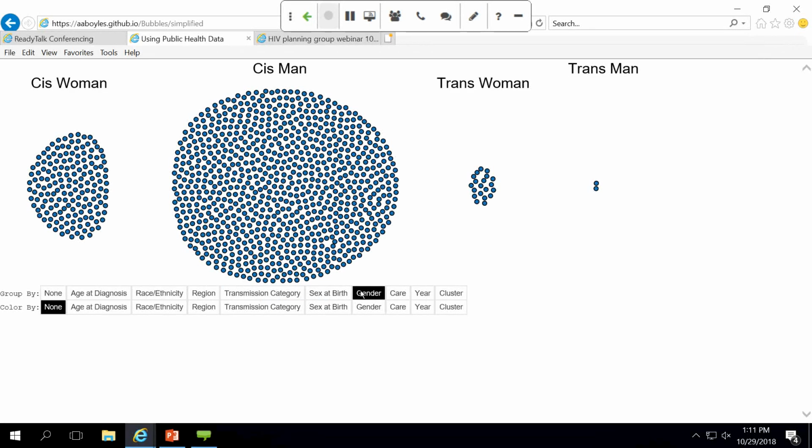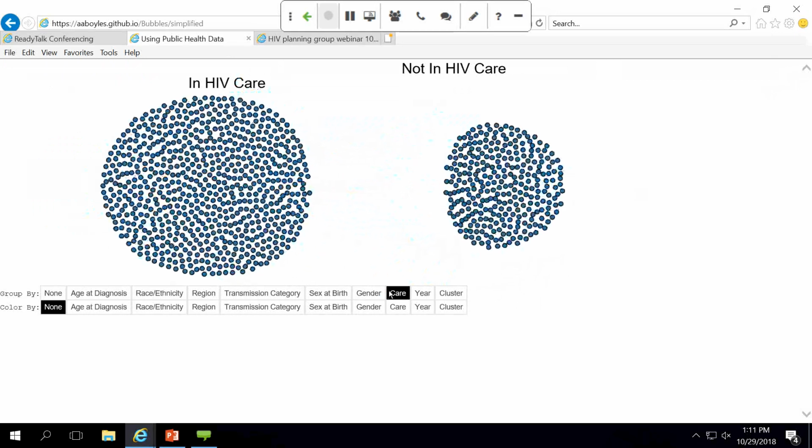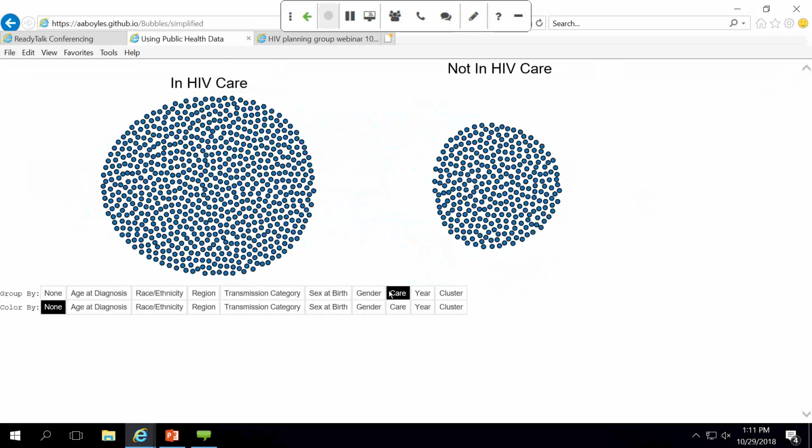Additionally, as our prevention options have broadened, we've begun using public health data in new ways. Health departments can now use public health data to identify people who appear not to be receiving HIV care. They may need additional support to access HIV care and succeed at maintaining viral suppression. This is sometimes called data to care.